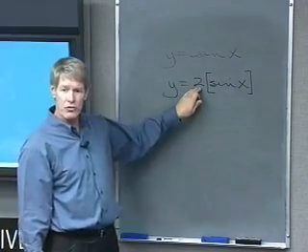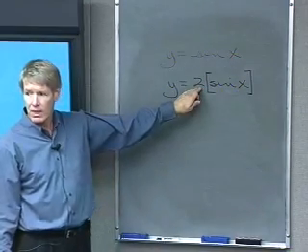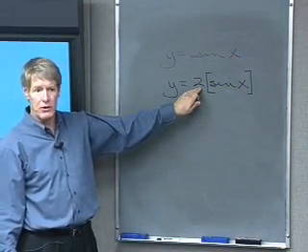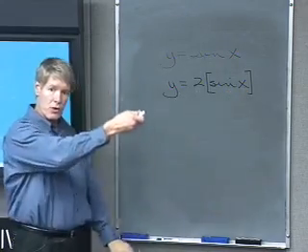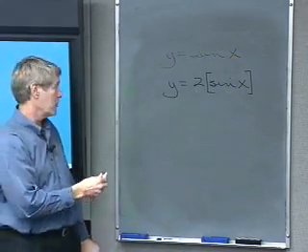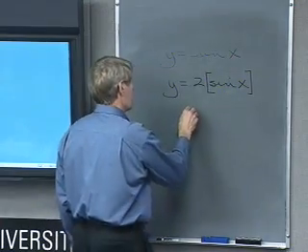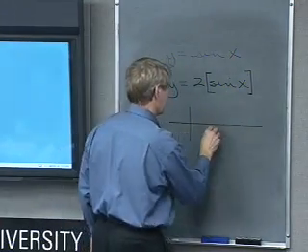Does the 2 out in front change the period? Does not change the period, because the sine of x still has a period of 2 pi. We're just going to go up a little higher and down a little lower, but the period is still the same. So if sine of x